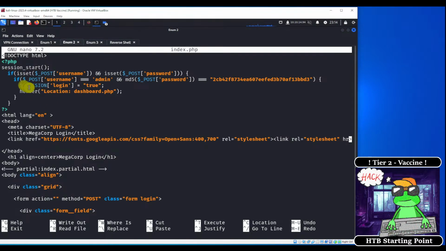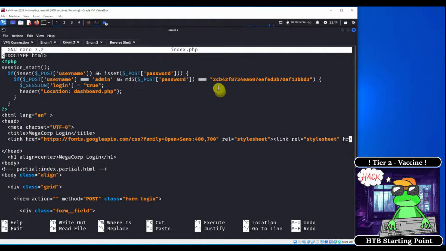And what this login field is looking for, this is PHP code, by the way, is the username, which is equal to admin, and the password, which is equal to the MD5 hash that is equal to this. So this is the MD5 hash, which means this is not the actual password. This is the MD5 hash version of this password right here. Okay, so what we can do is we can copy this,